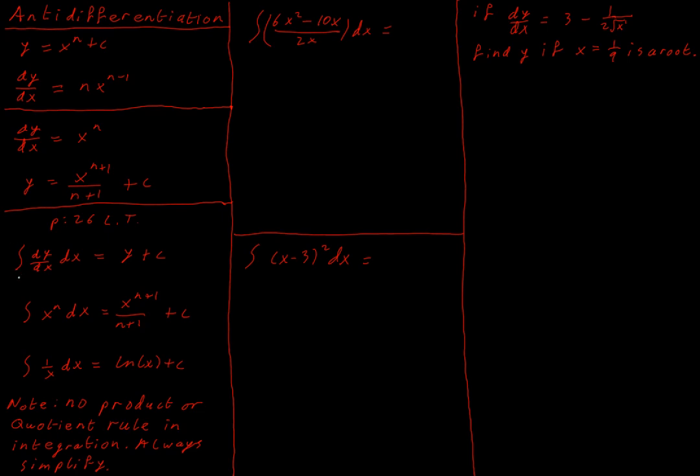It stands for the sum of a whole bunch of terms, or an infinite number of terms, physically. And that's why it looks like an S. So this is the integral symbol, a stretched out S. So the integral of dy dx with respect to x is going to be the original function y plus some constant that we might have lost when we did the derivative. So that is our